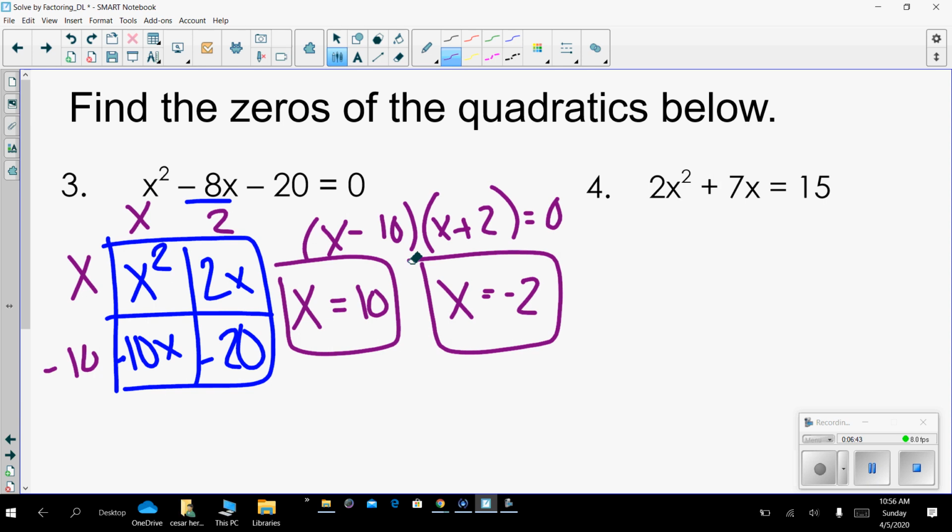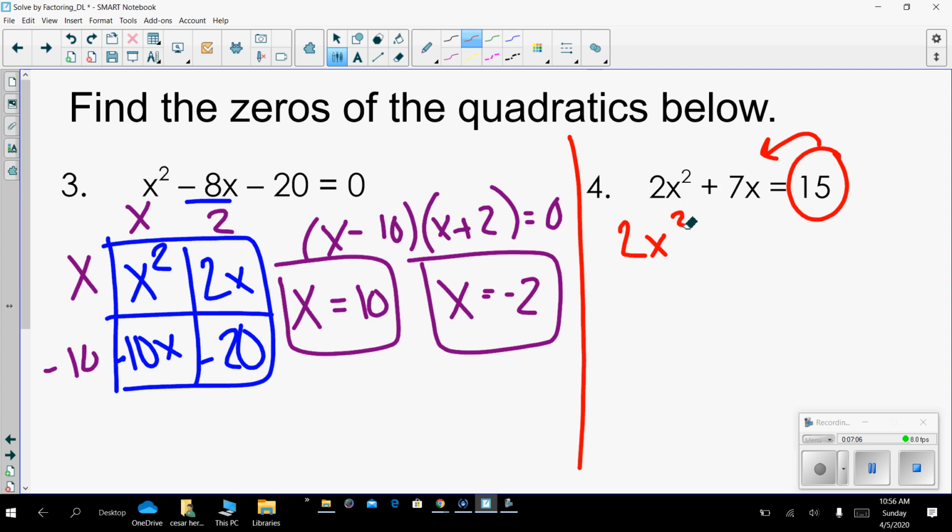Okay, here we go. So now we look at number 4. We have 2x squared plus 7x is equal to 15. Well, notice that this 15 is on the other side of the equal, but at the beginning I told you that your equation, in order for you to find the zeros, has to be equal to 0. So what I'm going to do is I am going to move the 15 over,